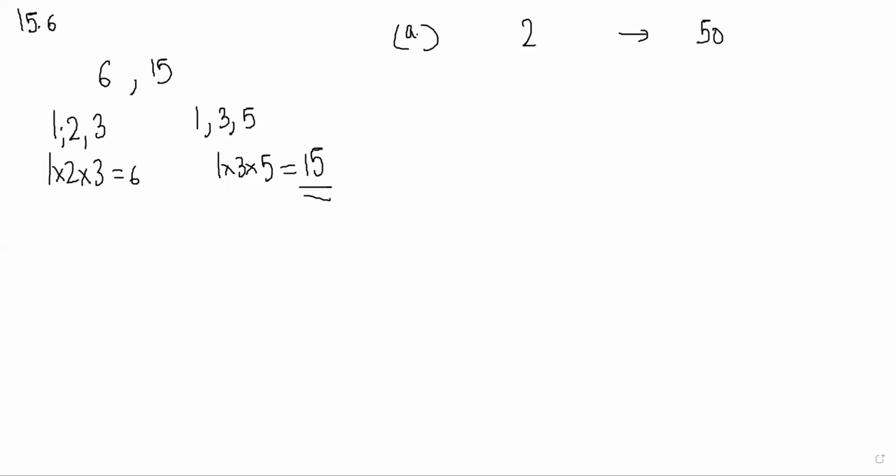So there are only 3 factors, excluding the number itself. So there are 4 total factors, which can happen if it's a cube or it is a product of only 2 prime factors. Wait, what? There are 4 factors, isn't it? Yeah, 4 factors. You have to search between numbers 2 to 50 and figure out which numbers are product perfect, right? Only those which have 4 factors, including the number itself.